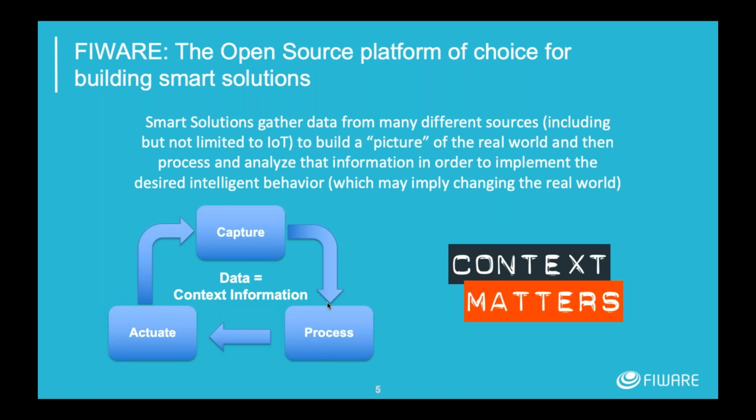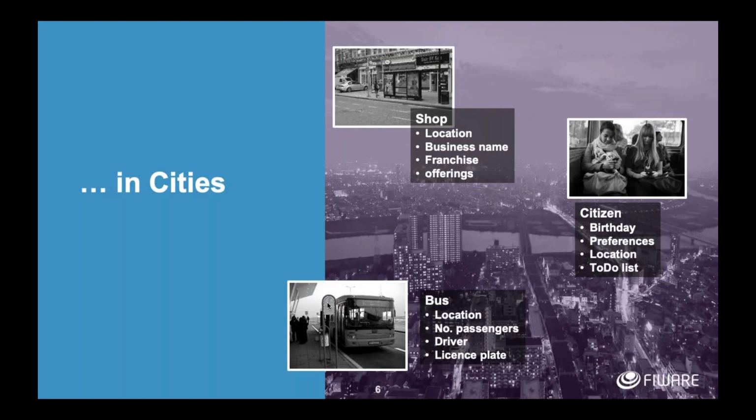The state of the world will then be retrieved from sensors, so that it will go back into the system, and you get this feedback loop across here. So you go process, capture, actuate, capture, process, actuate, capture, process, actuate. So you're constantly changing the state of the smart solution. That is what is meant by a smart solution.